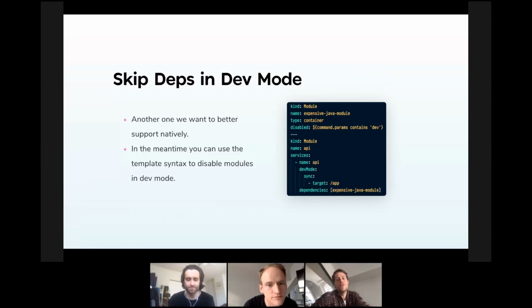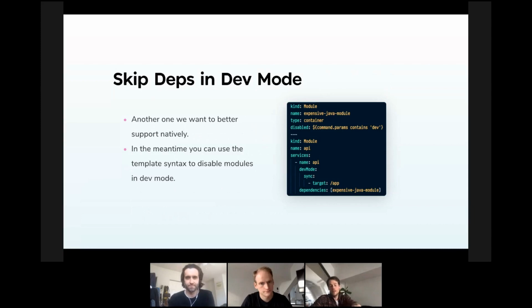But the point is, you can disable the module that you don't want to redeploy to. It's correct. Right. Yeah. Okay. Yeah. Sorry, I had to kind of squint my eyes. But the point is, it may be useful to put a disabled flag on certain modules when you're running either